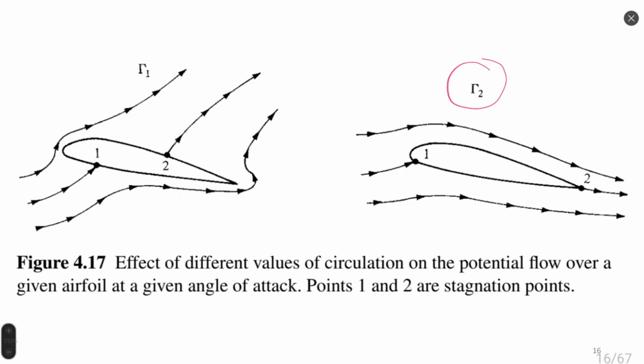Real flow will never happen in case 1. It's not possible physically to have such a flow picture where 2 stagnation points are placed on the top and on the bottom of an airfoil. This flow will never happen, but if we solve Laplace's equation, we can find this numerical solution case 1, and